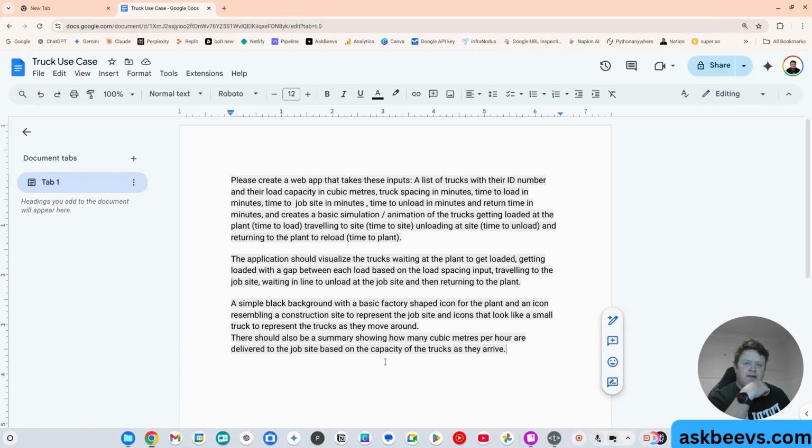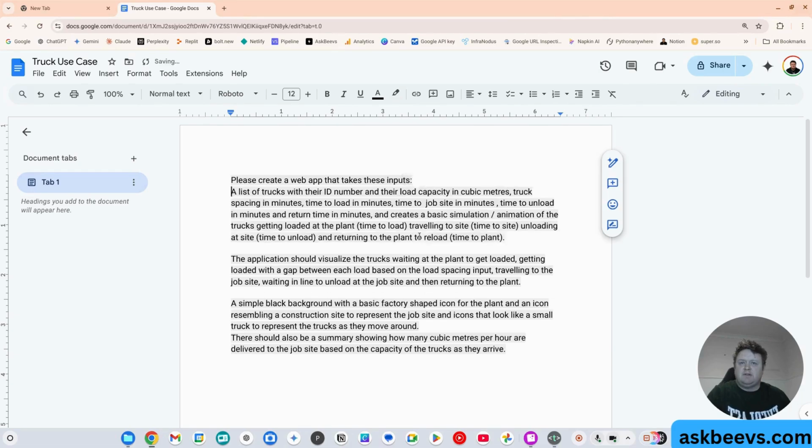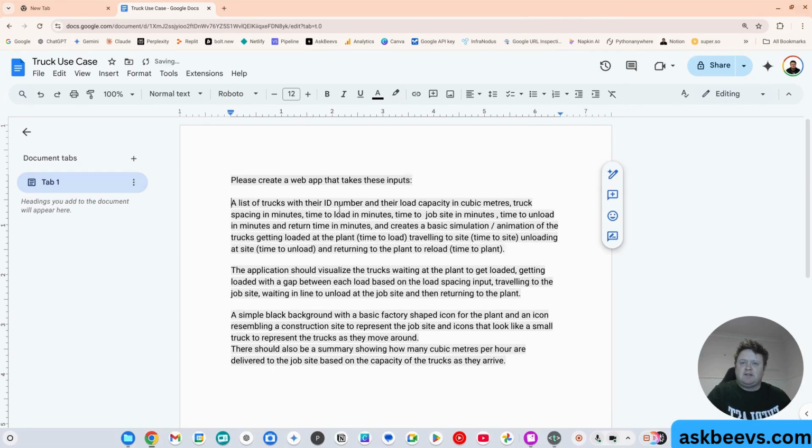Hey guys, today got another punter here. He sent in this requirement he wants to try and solve for. So he's got, please create a web app that takes the following inputs: a list of trucks with their ID